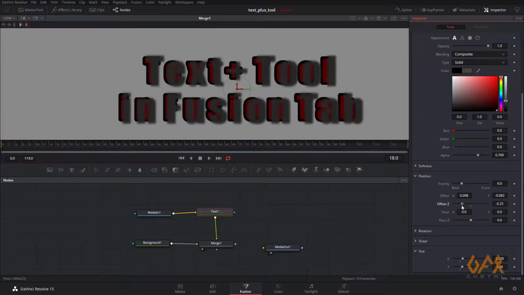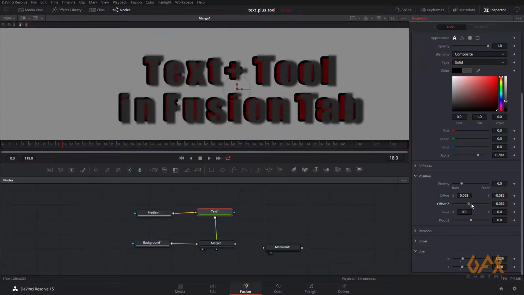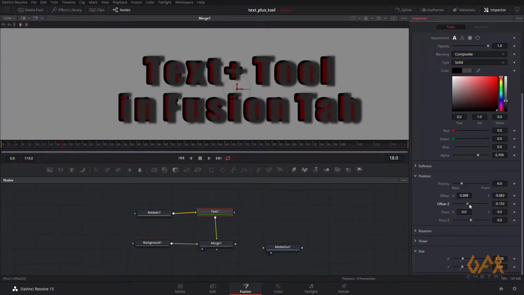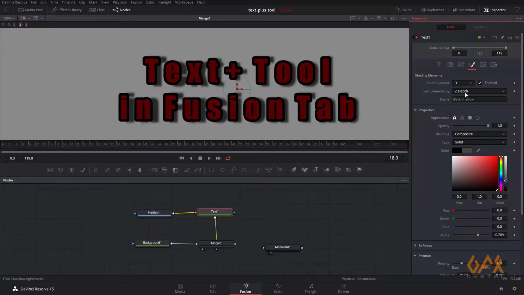So now you see, the benefit is that you can set a little scaling thing, or you can move your content in Z and you can set the priority. So right now I set it to priority, not on Z depth.